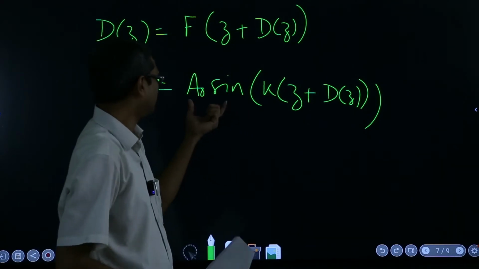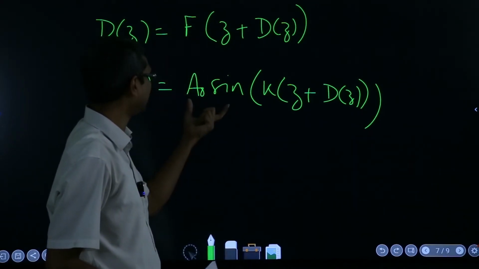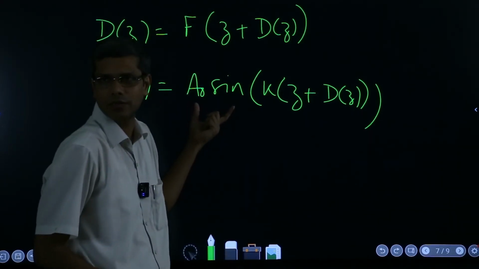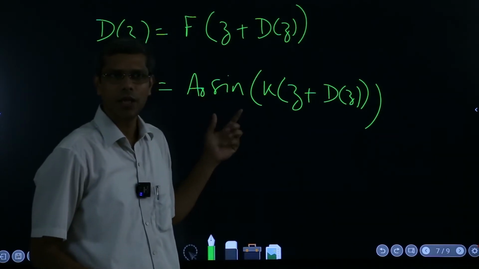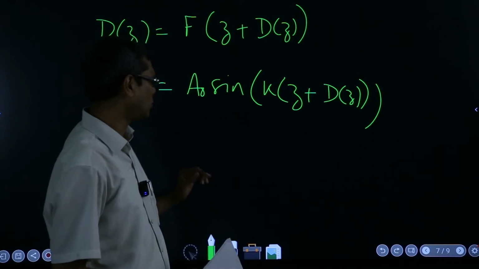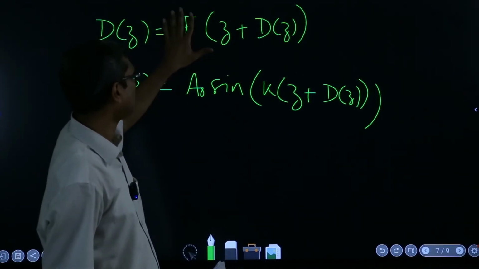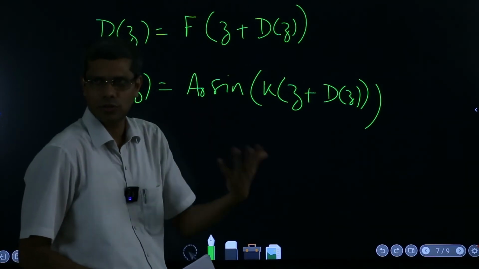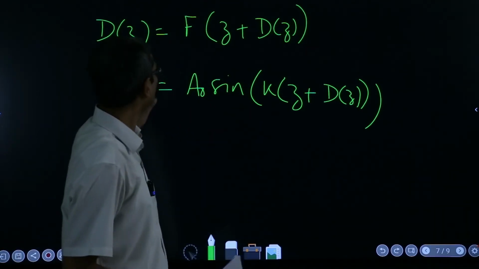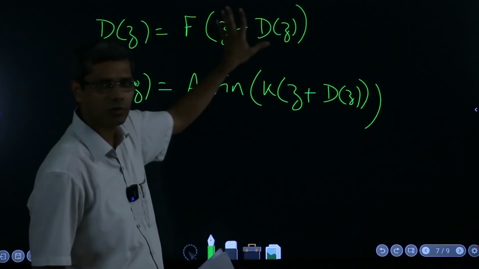So because f here is sitting for this function, that could be any function, it need not be a sinusoidal function. So now what you can do is you can take any reasonable function of your choice and try to solve this equation. You have to solve it iteratively,